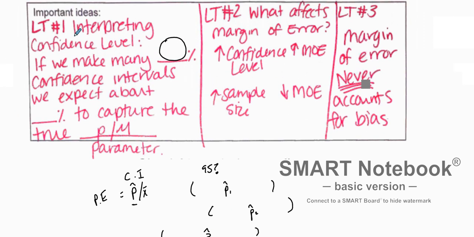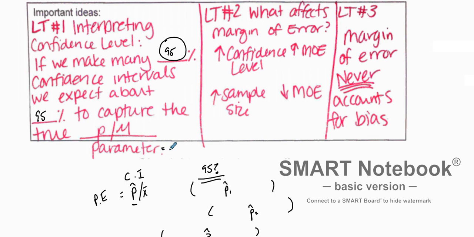And so what happens is that when we do many of these, if we make many 95% confidence intervals, we expect about 95% of the time to capture the true proportion or mean of the population,